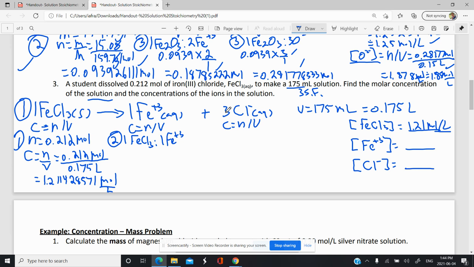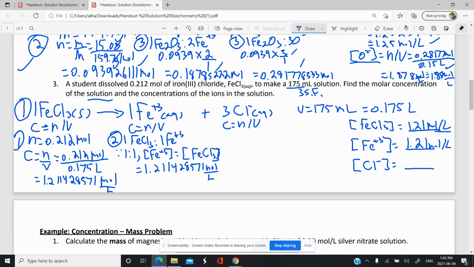Since it's a 1-to-1 ratio, the concentration of Fe3+ is equal to the concentration of FeCl3, which is equal to 1.211428571 moles per liter, and to the correct number of sig figs, about 1.21